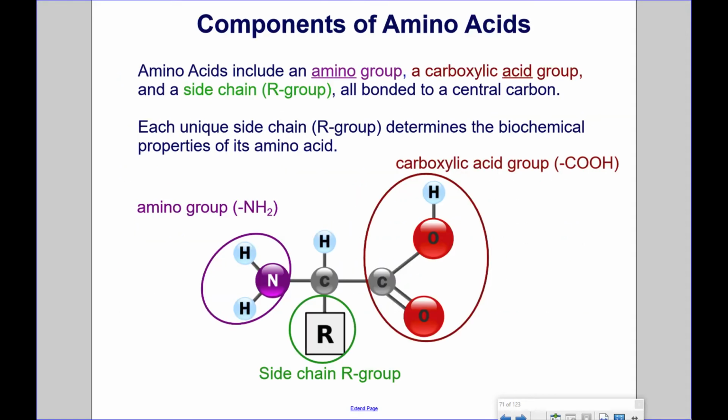Components of amino acids. Amino acids include an amino group, a carboxylic acid group, and a side chain, an R group, all bonded to a central carbon. Each unique side chain, R group, determines the biochemical properties of its amino acid. So all amino acids have the amino group, which is the NH2, the carboxylic acid group, which is the COOH, and the side chain, the R group, is just abbreviated as R here because it is unique amongst the different